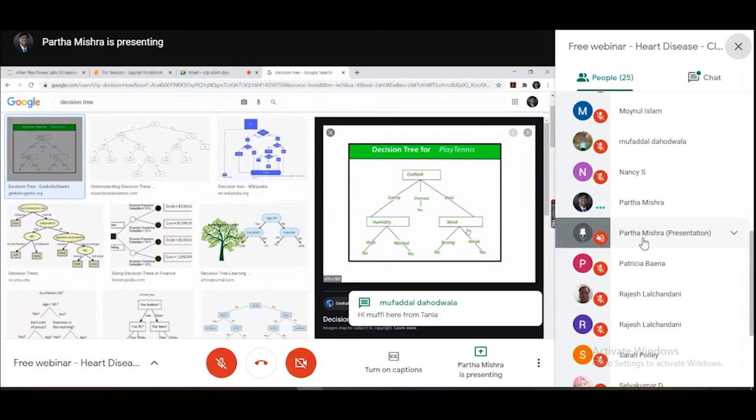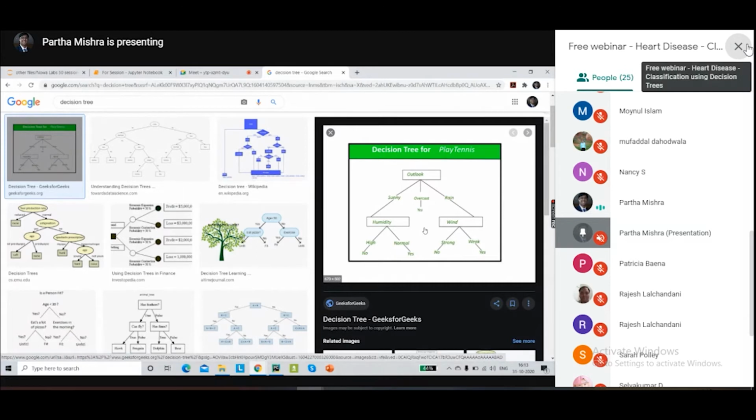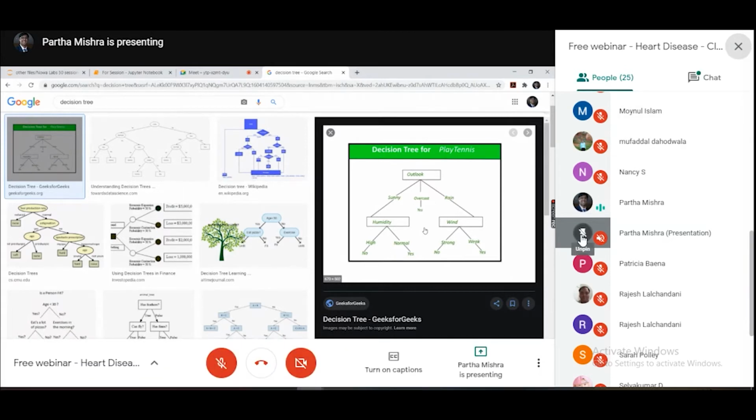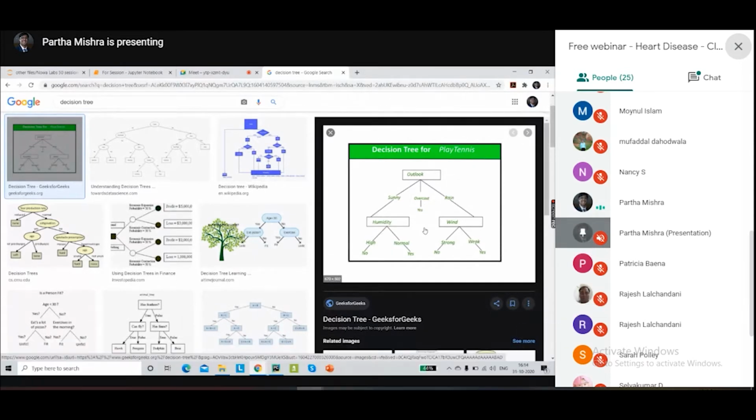Now, this is one simple decision tree, but there could be cases wherein we have multiple trees depending on the number of columns available to us. Let's say we have a very big data set with about 1,000 rows and 30 columns.